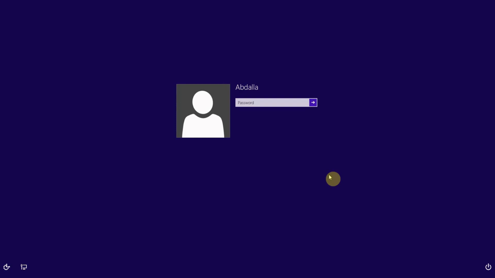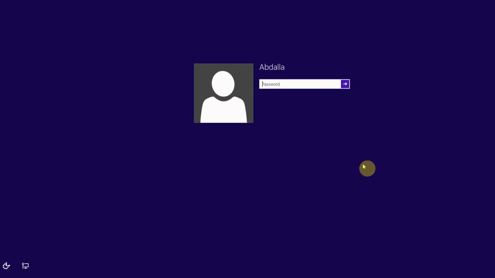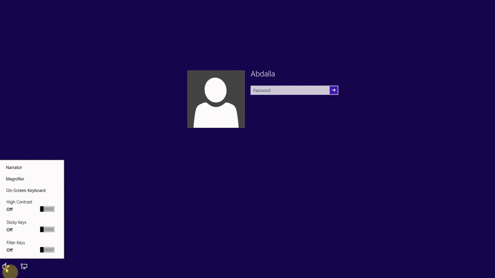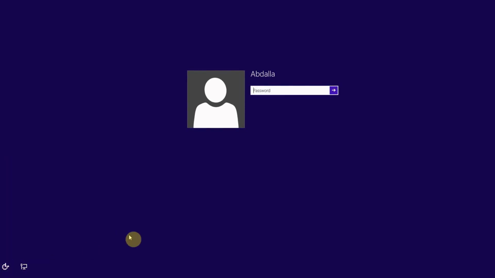So if you got stuck in this screen, you forgot your password or whatever happened, I'm gonna show you a very simple trick to bypass it through this thing, Ease of Access, which is a set of tools created by Microsoft to make it easier for people who suffer from disabilities or some diseases to access the computer. So what we're gonna do is try to use a kind of backdoor to get administrator access to override